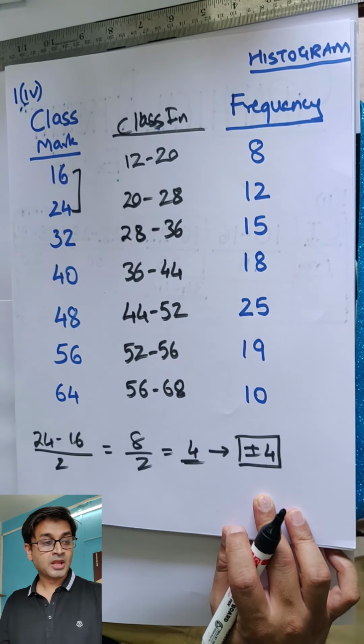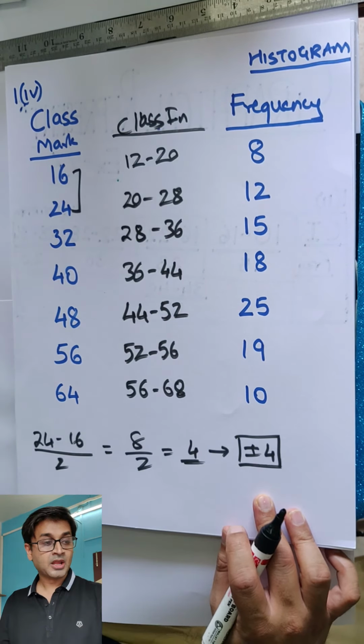So the maximum frequency is 25. This is for the y-axis. If I divide it by 10, I get 2.5. Now marking 2.5 is going to be crazy. So the only choice you have is either take 5 or take 10. If you take 10, it's going to be too small. So my suggestion would be take 5, as we did for the previous graph. Okay, so let's hit it. Everyone, pause your video, give your best, construct your histogram and then come back and check whether you have done it correctly or not.